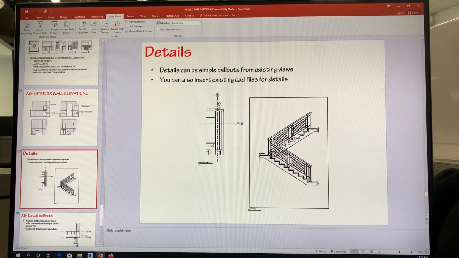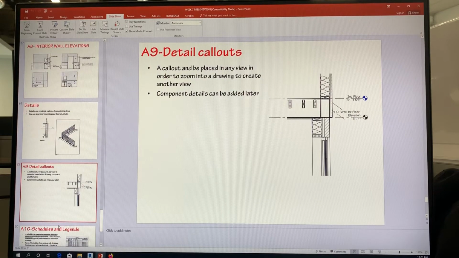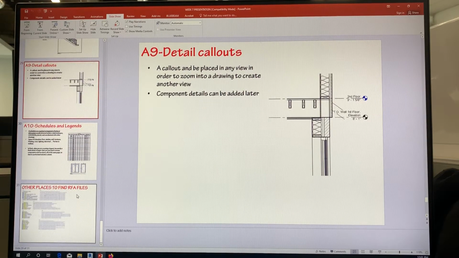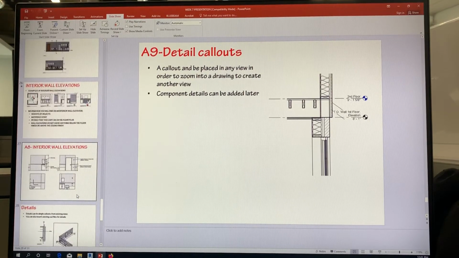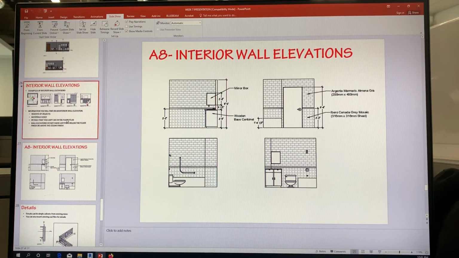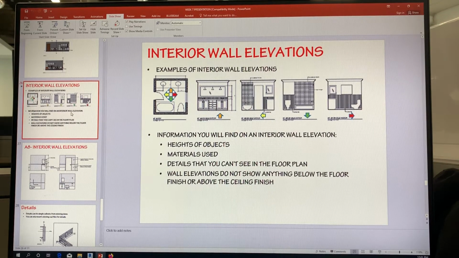Okay, so here's under details. So one structural detail, so it might be the exterior wall, it might be the stairs, whatever detail you want. Or it could be a connection between your roof and your wall, okay? And then I also want a millwork detail as well. So chances are probably in your vanity, all right, so the vanity, or you have a small kitchenette in one of your rooms. Okay, you can use that. All right, now